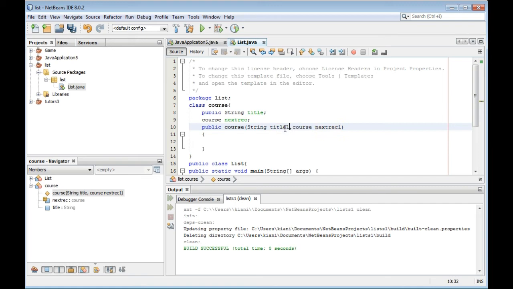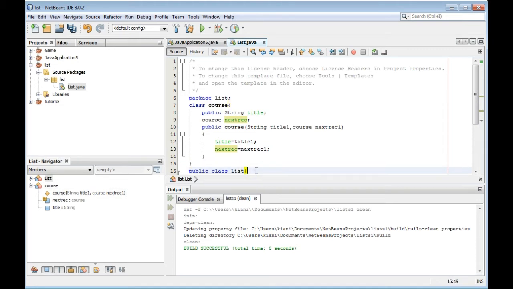Just to differentiate, this is title 1, and title is equal to title 1, and next record is equal to next rec 1. So next record will hold the next course. This is the data part, and this next is the address part.